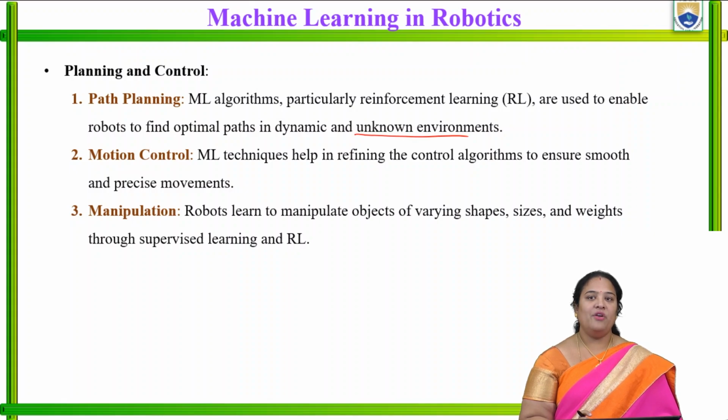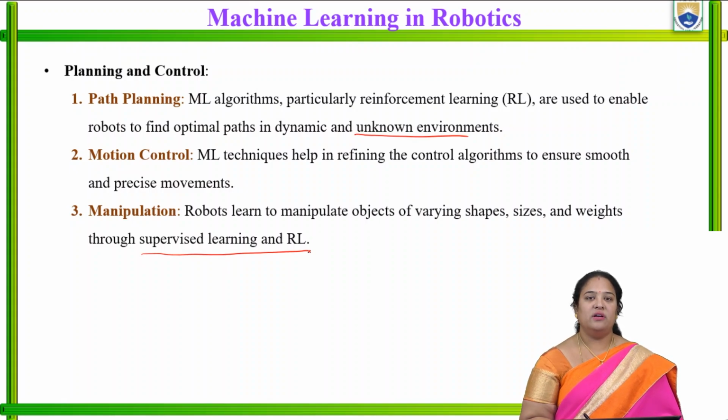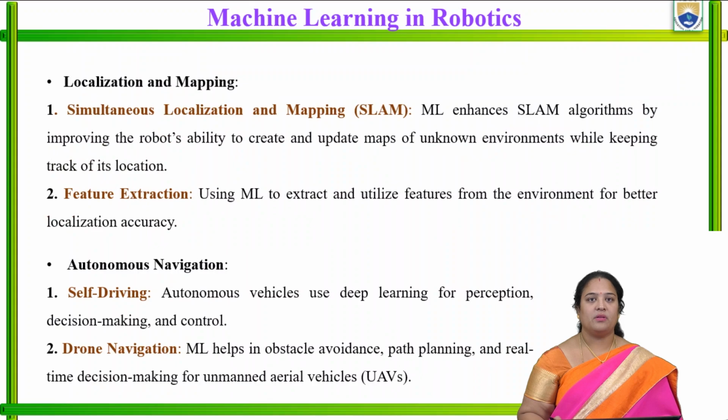on the robot. Or when we come across manipulated objects of varying shape, size and weight, supervised learning or reinforcement learning comes into action, right? The robot has to learn the various shapes, it should have an idea of the sizes, and it should have an idea of the weights. All that will be taken care of with the help of reinforcement learning. So these are the new techniques which are coming day by day, which we need to implement in the upcoming robot design and construction, right?